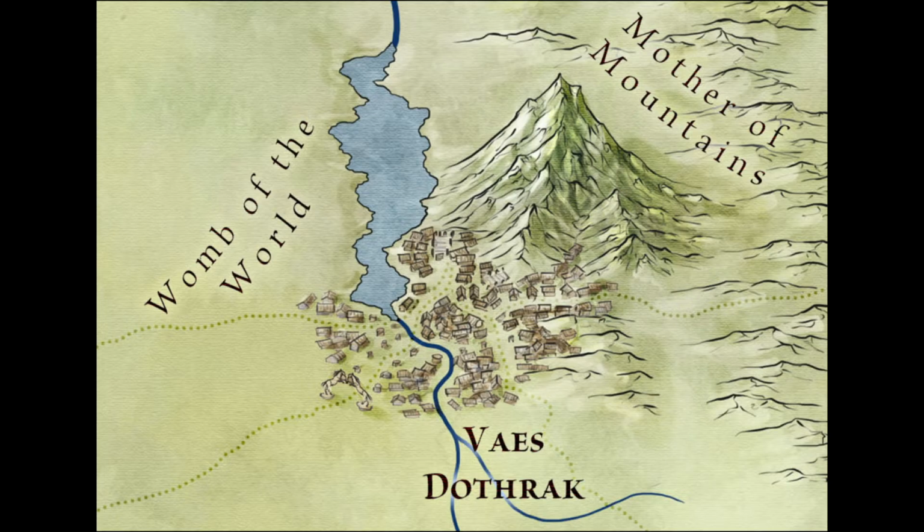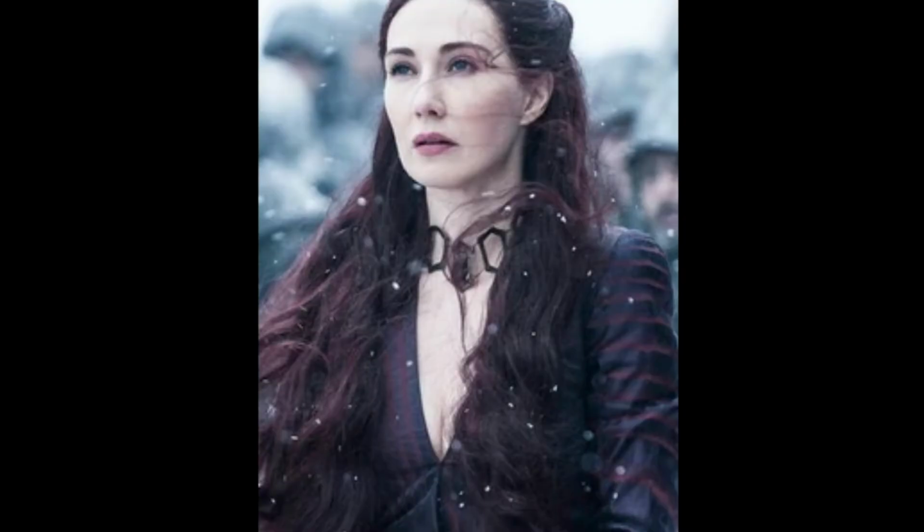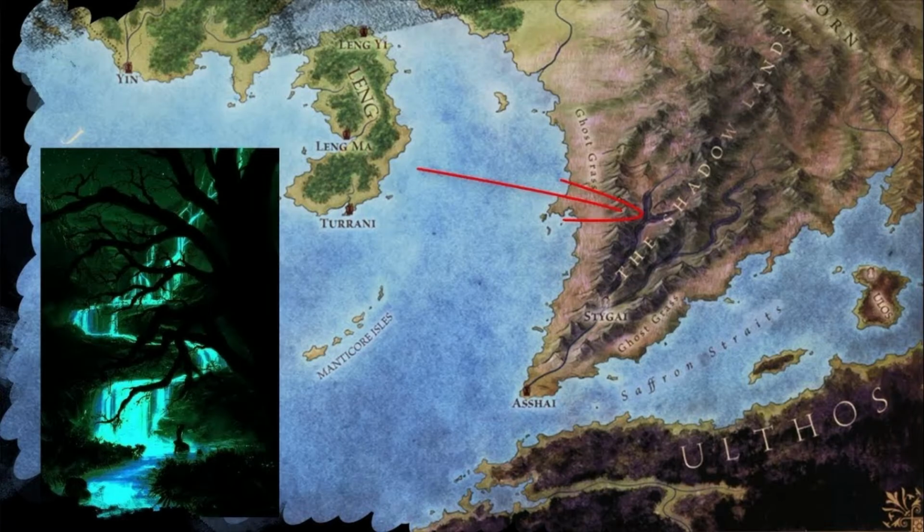Now, as you move further east, you get the region of Asshai. This place is the origin of the Red Woman, also known as Melisandre, in the original Game of Thrones series. However, we really know very little about this area. We don't even know what the people look like in this region because Melisandre, by and large, is a witch who could change her appearance. Overall, given the fact that they're so far away from Westeros, I doubt they would look particularly Caucasian like the Red Woman. Nonetheless, while we know very little about this region, we do know that there have been some remnants of